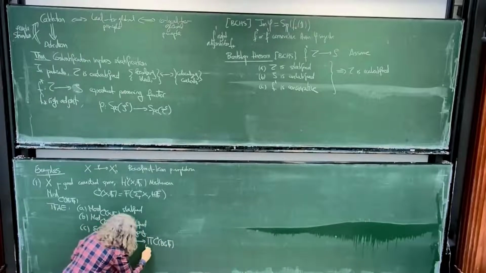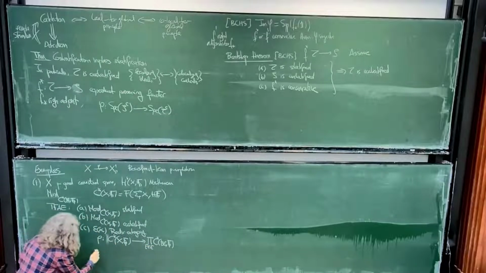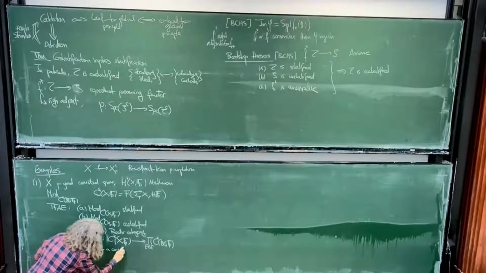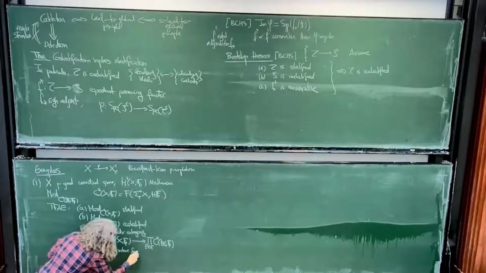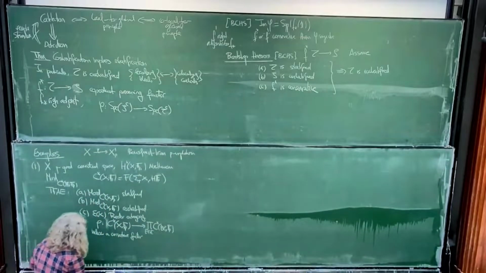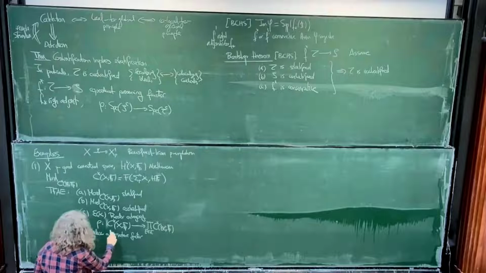And then here we have, for each elementary abelian p-group in this category, if this map induces a conservative functor from